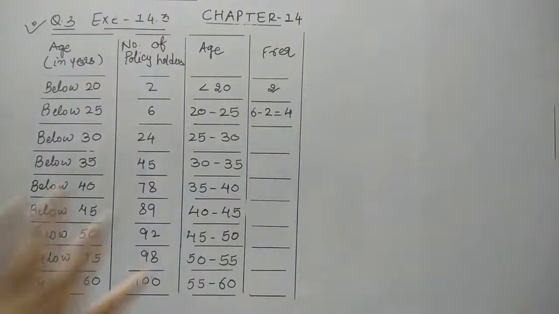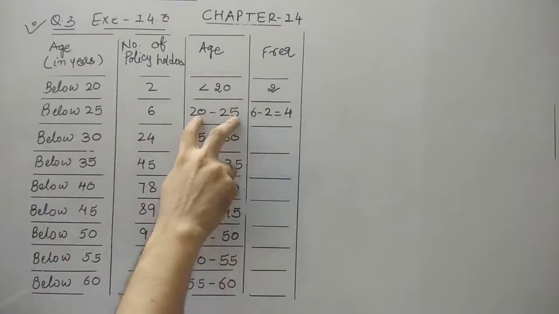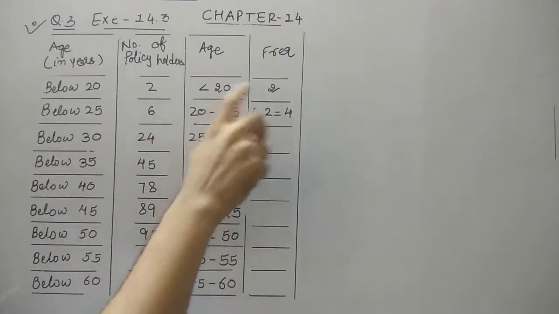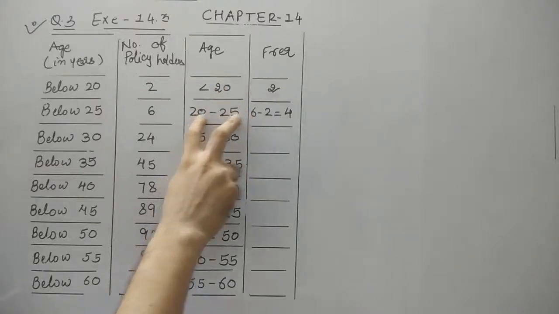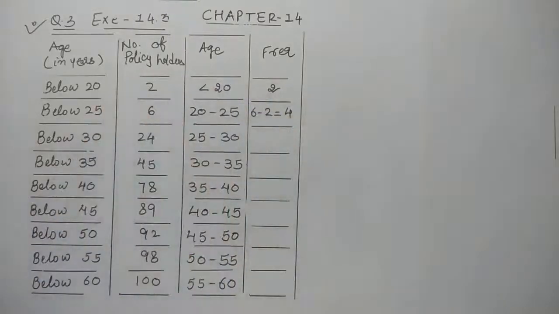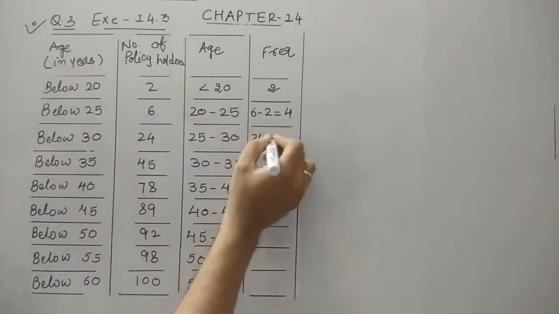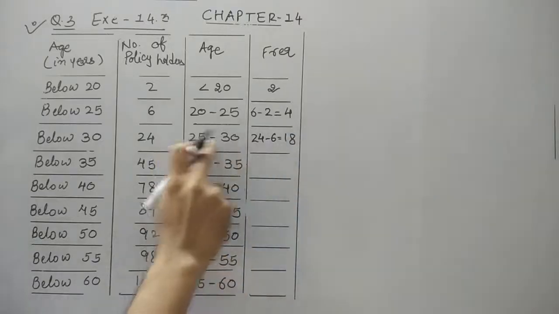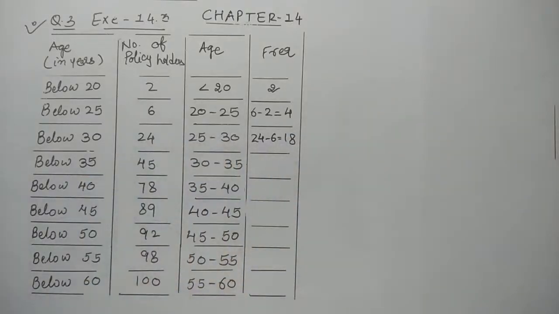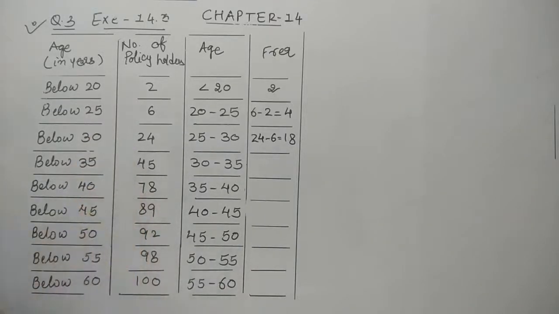मतलब there are 4 policy holders ये age group वाले, 2 policy holders थे less than 20 और 20 से 25 की साल की उम्र में सिर्फ 4 policy holders हैं. वैसे ही 25 to 30. So again you can see that I am doing the subtraction of this. 24 minus 6, so that is 18. So there are 18 such holders lying between this age. The same way मैं ये consecutive frequency जो है उसका addition subtraction कर रहा हूं.